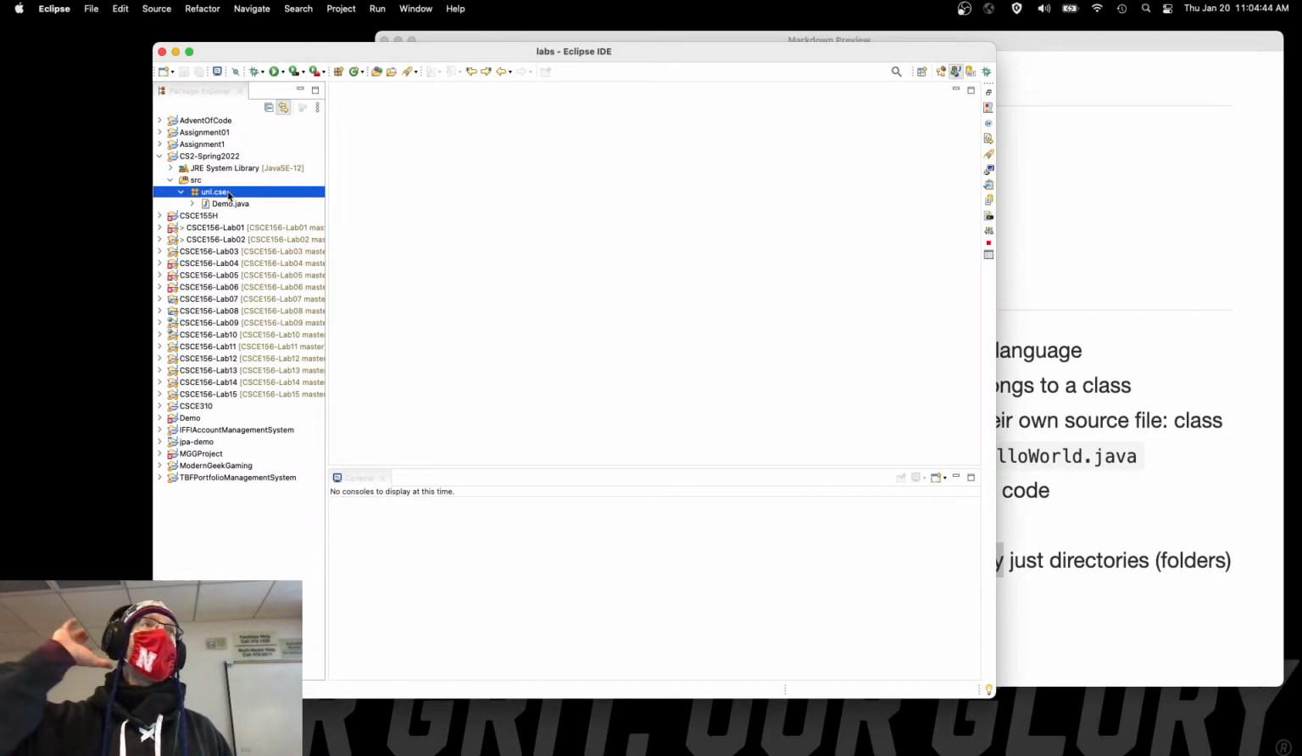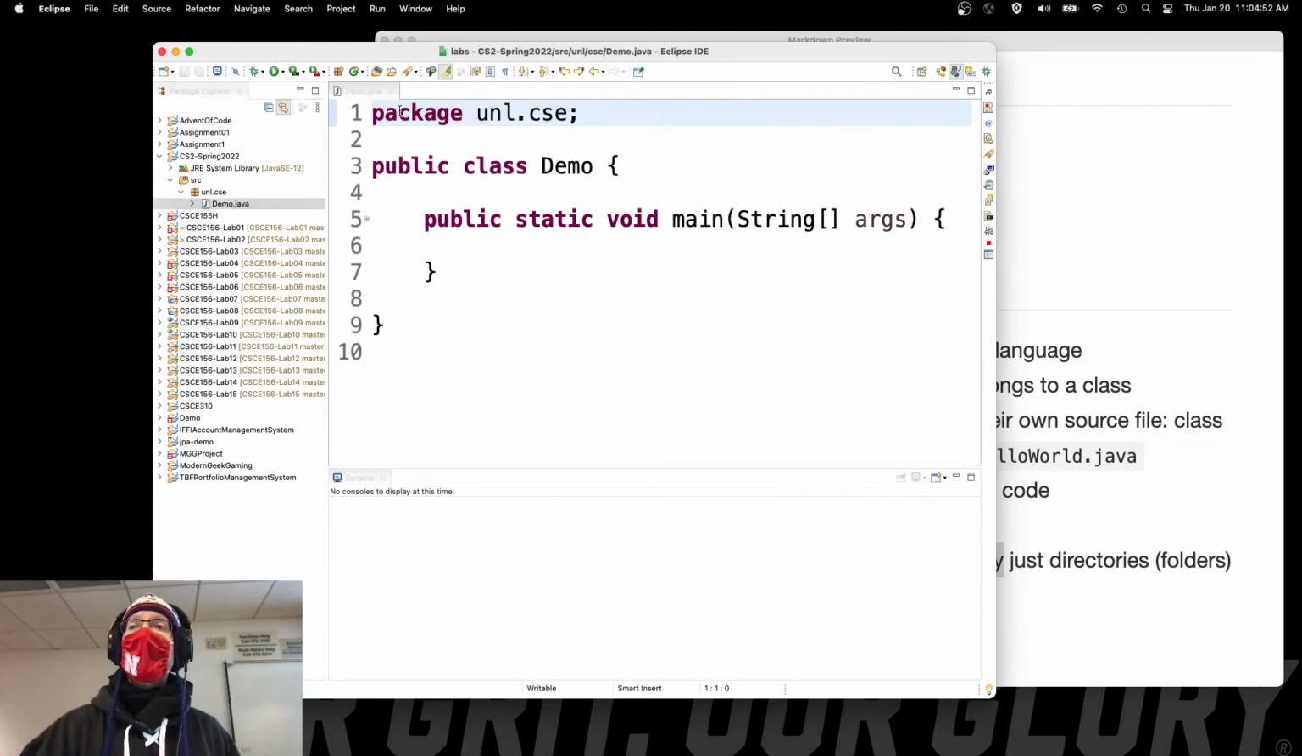unl.cse. There's a folder called UNL. Under that, there's a subfolder called CSE. You could have as many subfolders as you want, but that's ultimately the package. So if I create a class inside that package, up here, this package declaration will be unl.cse with a semicolon